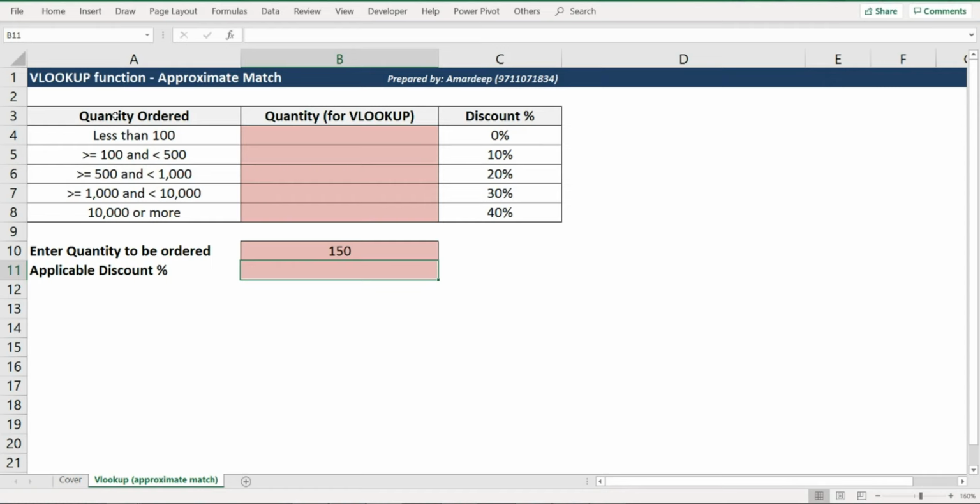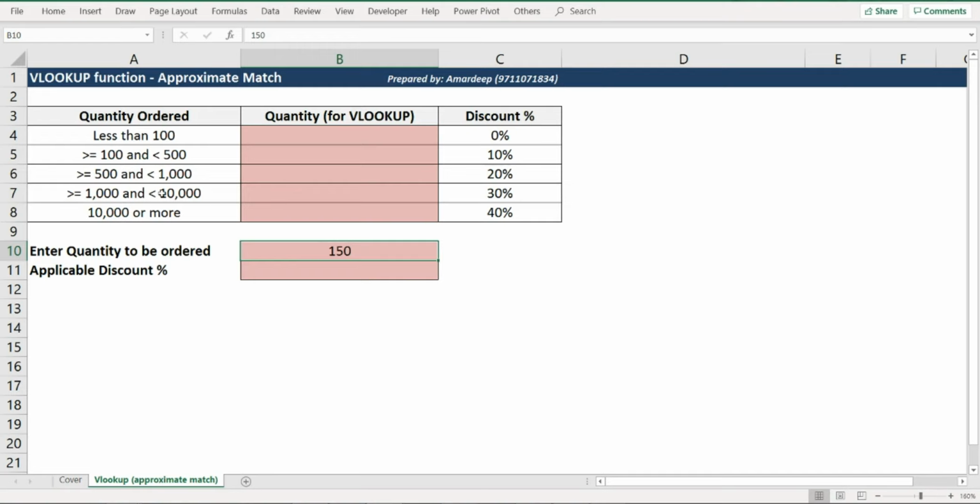Now, the problem with this table is if you look at the first column, quantity ordered, we don't have numeric values mentioned over here. I mean, we do have 100, 500, 1000 mentioned, but Excel doesn't treat all of these values as numeric because there are certain text values as well. And the moment you have text values along with numeric values, this cell would no longer be treated to include a numeric value. So what we need to do first of all, let's say we look for 150 in this particular table. But in the first column, I've got text values, and VLOOKUP cannot do a lookup on the text value if you are going to look for a numeric value.